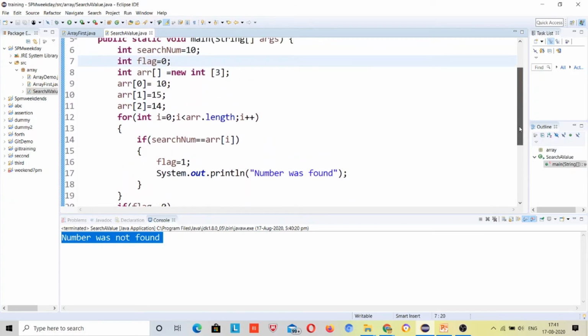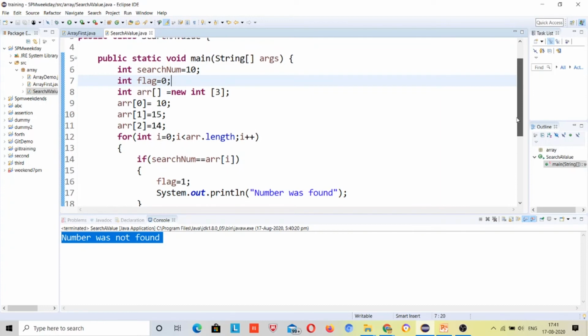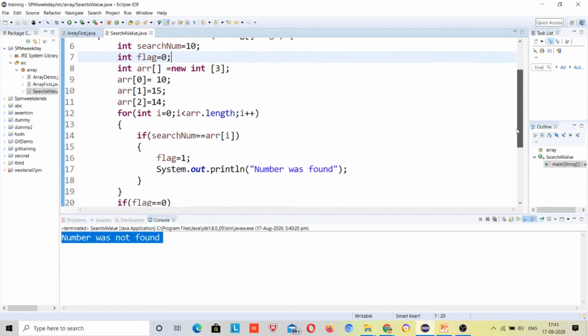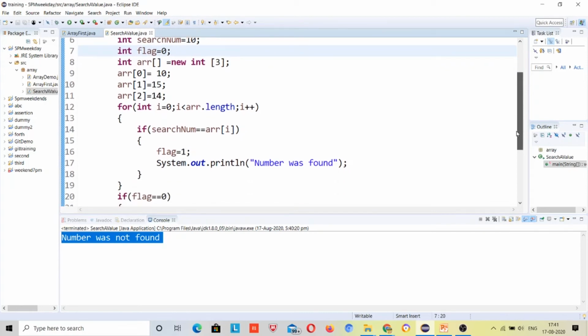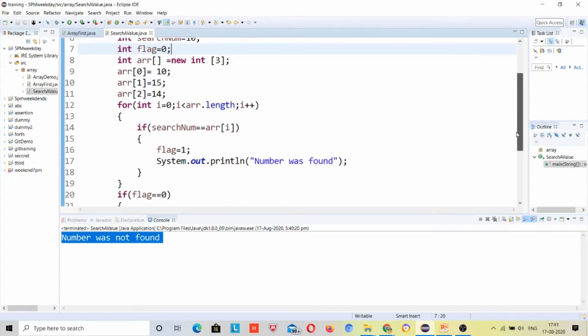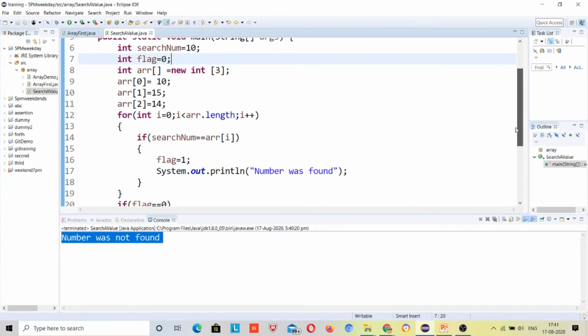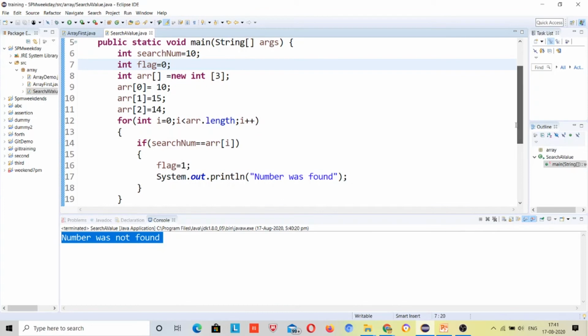Can you show the code again? The search number is 10. The number is found. Okay. At what index was the number found? Array index of 0, right?